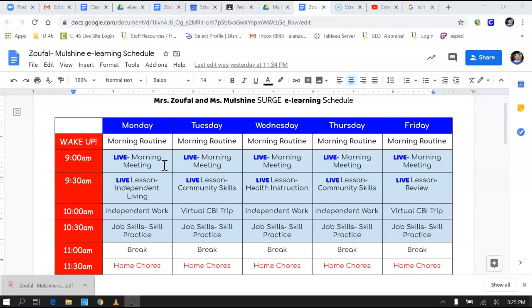On Mondays, the lesson at 9:30 will be independent living. Mondays at school at South Elgin, we were in the apartment doing independent living, so it's going to be very similar. Tuesdays is community skills. Wednesday, health instruction. Thursday, community skills. And then Friday, we will do a review of everything you've learned throughout the week.